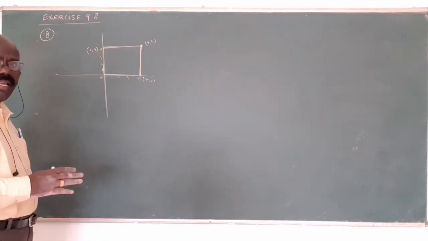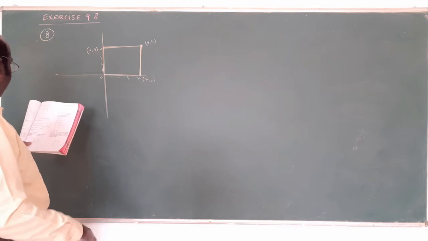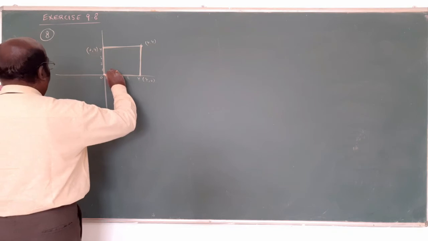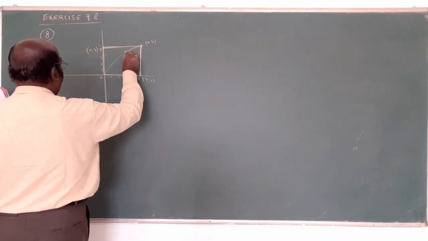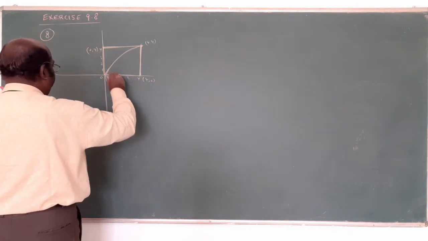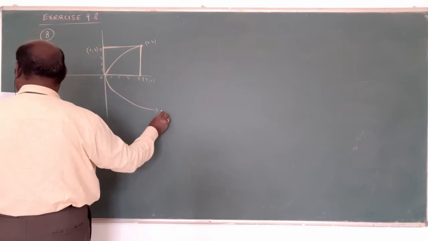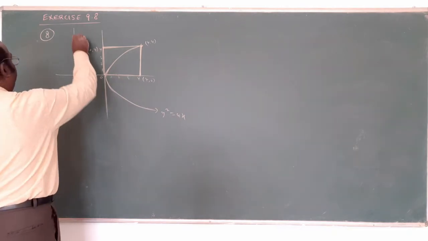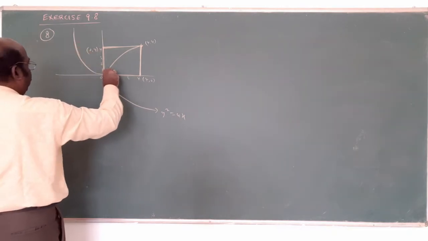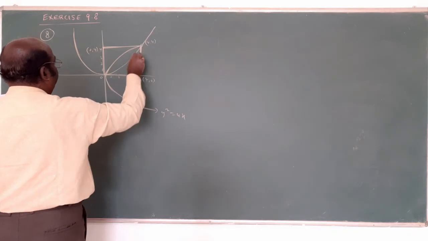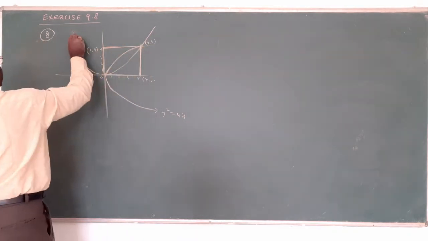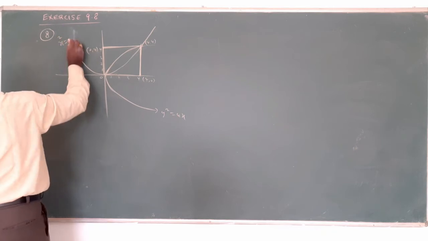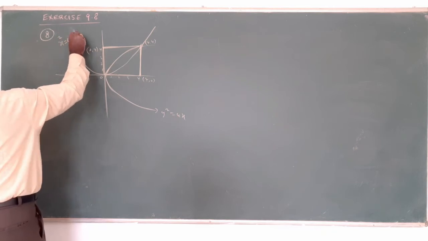This area is along the curve y squared equals 4x. Y squared equals 4x means the parabola is in the form of this formula. And x squared equals 4y also means this is a parabola. This equation is called x squared equal to 4y.